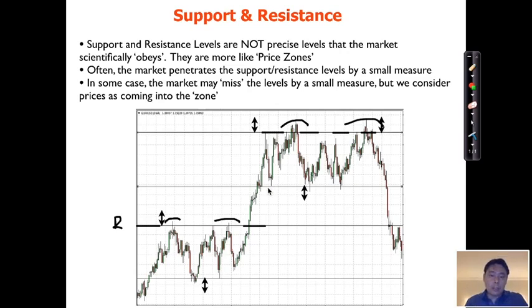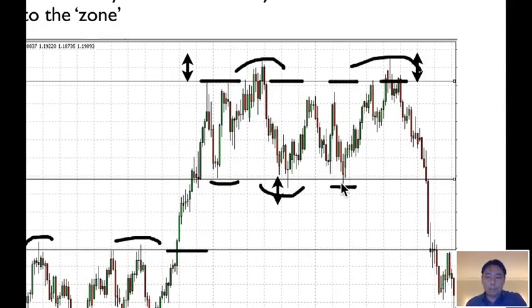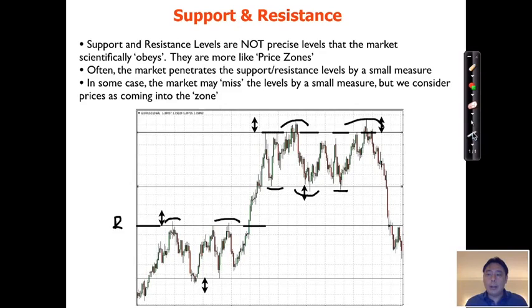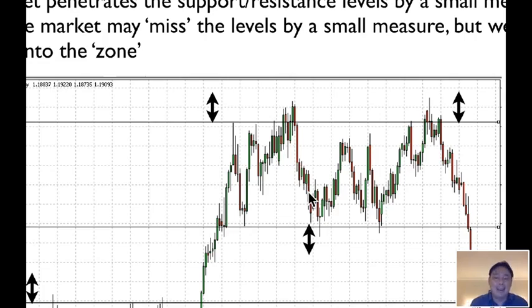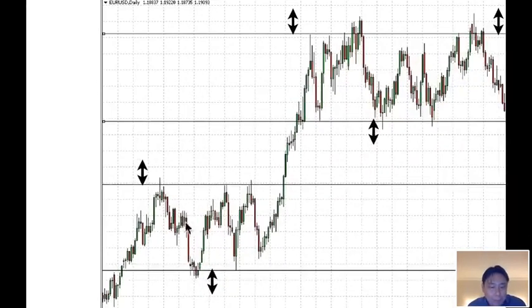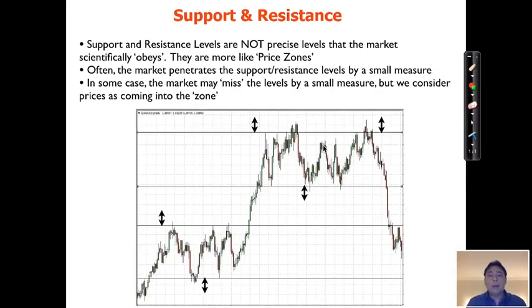So here you go, this is support, support, and support again. Sometimes the price goes slightly below the support, like so. And that's why new traders tend to get caught in false breakouts. They think, hey, resistance, resistance, resistance, breakout, they buy, boom, they die. Or they say, hey, it's a support, it breaks the support, short it, and boom, it goes up and they die. So that's why it's really dangerous to buy breakouts and short breaks of support if you're not very experienced, because of these false breakouts.